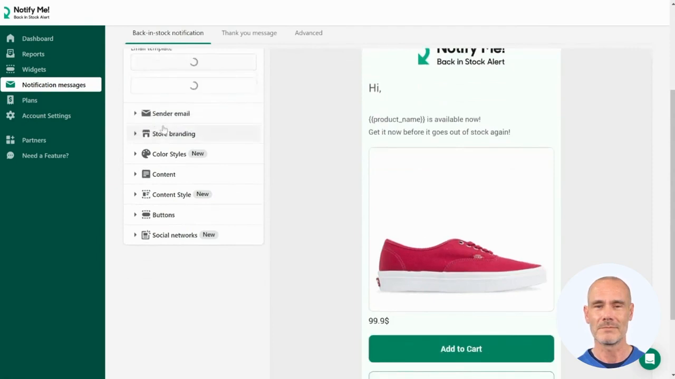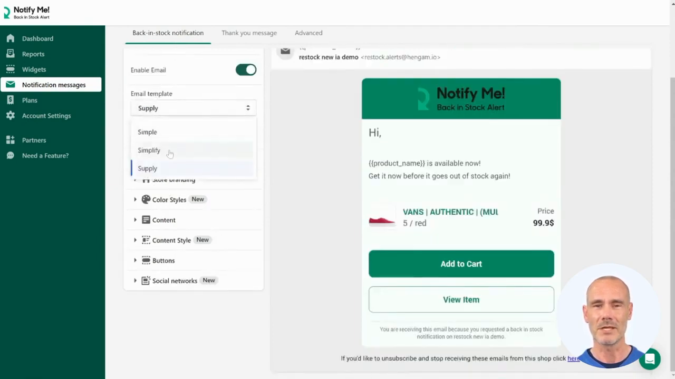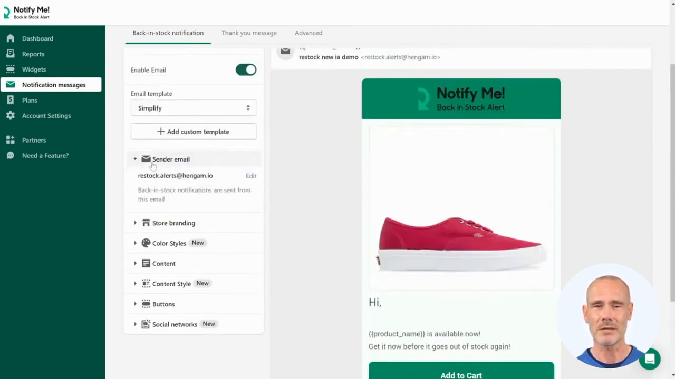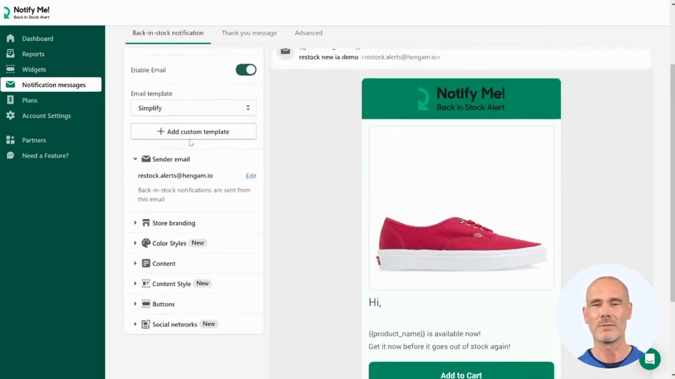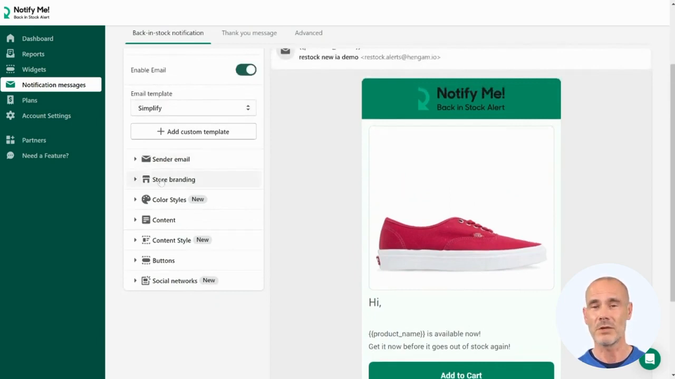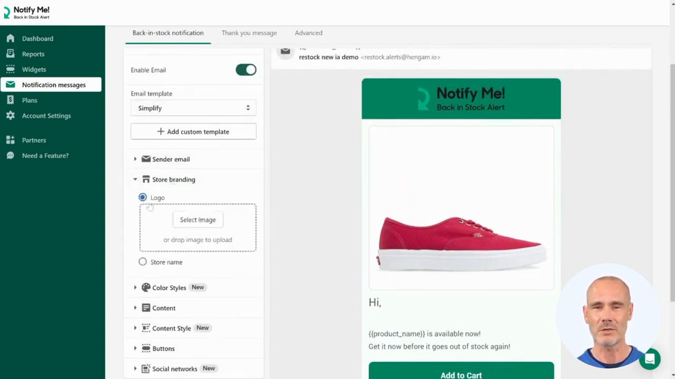In the next part, you can manage the sender's email. The email your customers receive the back-in-stock notifications from is the Restock Alerts email by default, but you can change that if you click on Edit and replace it with your preferred email address. To personalize your emails more, you can add your business logo from this part. We recommend you do that because a better customized email can increase the chances of your customers remembering your product